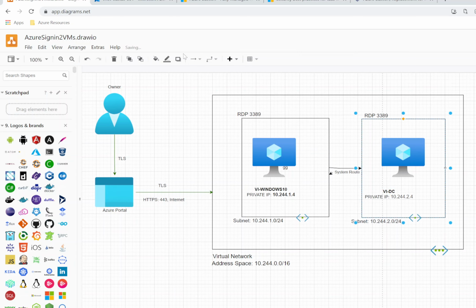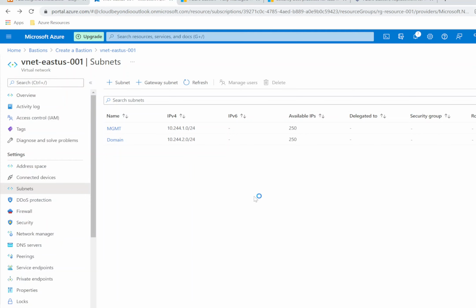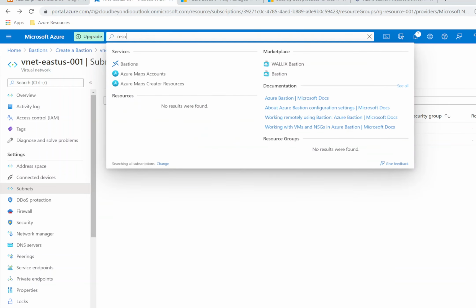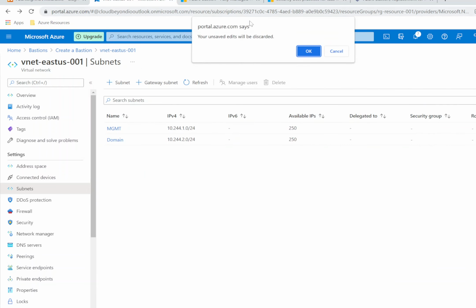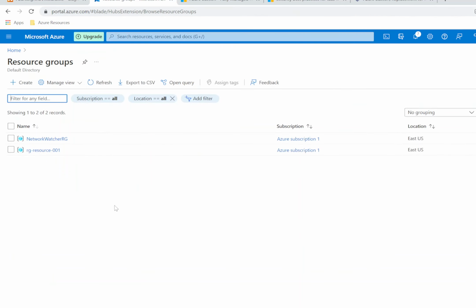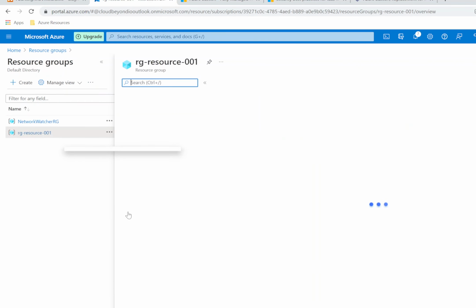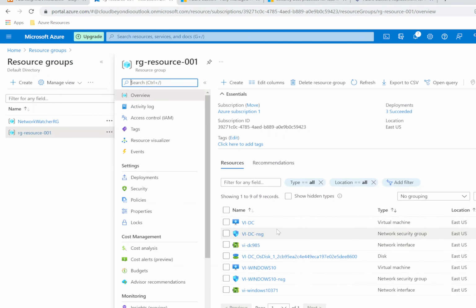Okay, so let's sign into the portal. And for the sake of this video, I actually went ahead and removed the public IP just to keep this video short. So let me show you where you would go to remove the public IP. You would go to resource groups, and what you want to do is click on a resource, and you would see the public IP listed for each VM. So the public IP for the server was called vi-dc-ip,